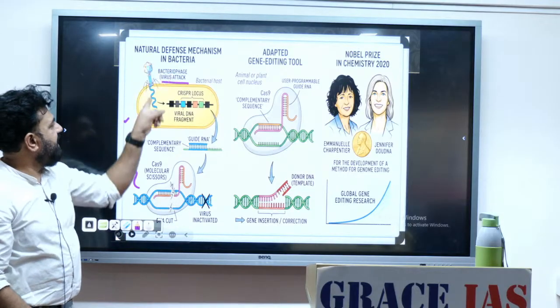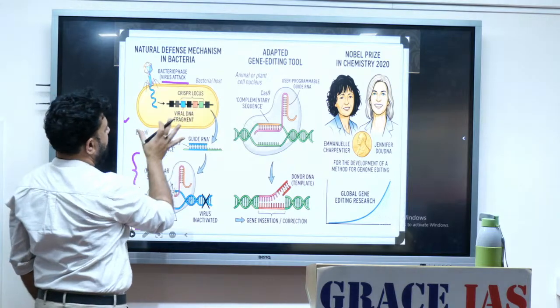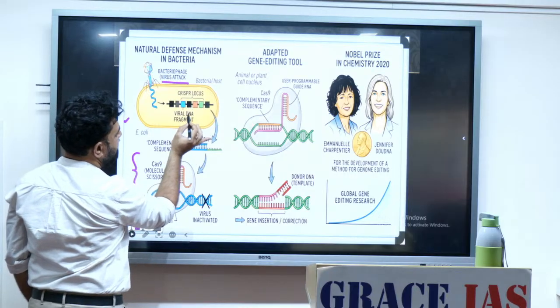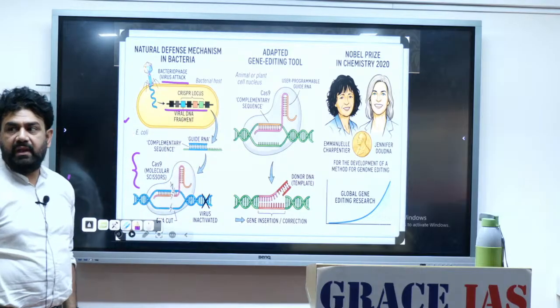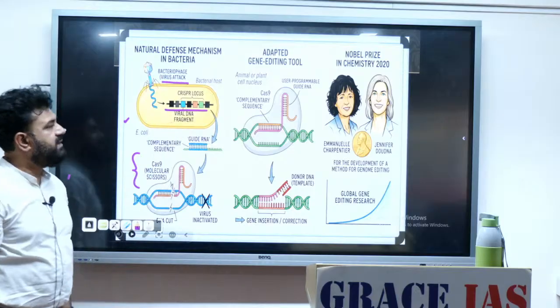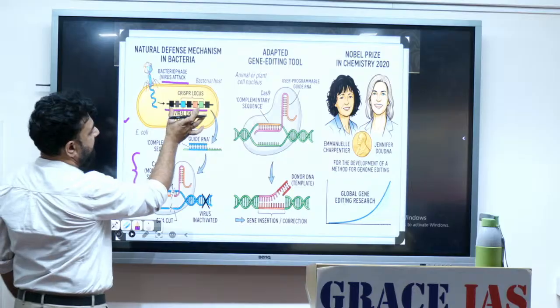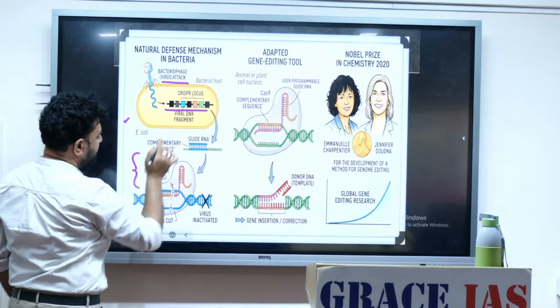When a virus attacks a bacterium, the bacterial DNA synthesizes this CRISPR location, which is a palindromic sequence, and thus bacterial DNA identifies this and develops a CRISPR, clustered regularly interspaced short palindromic repeat, and accordingly this Cas9